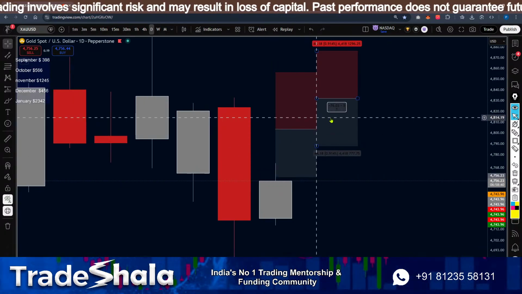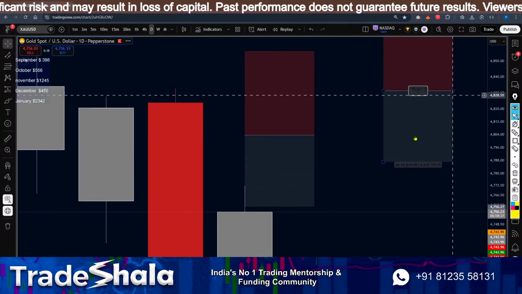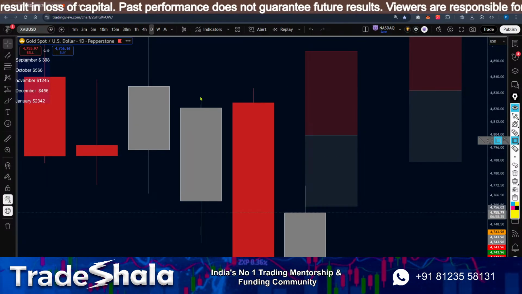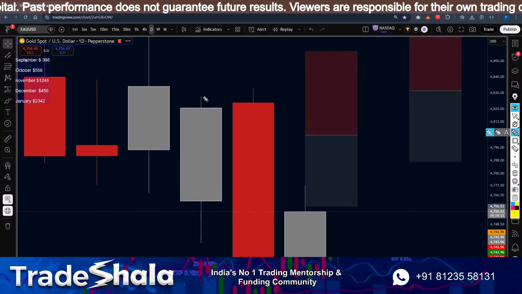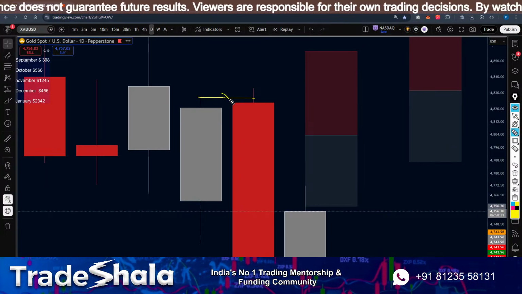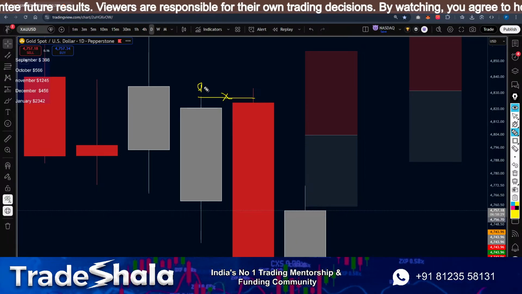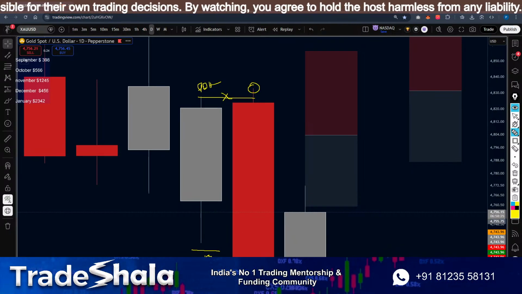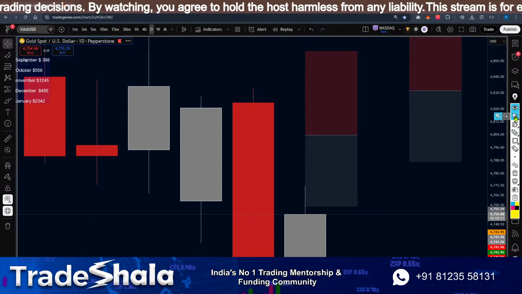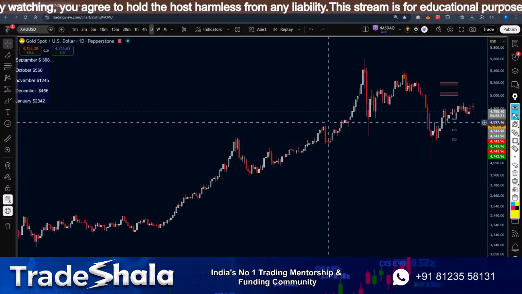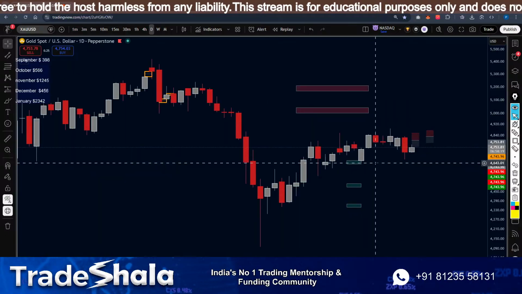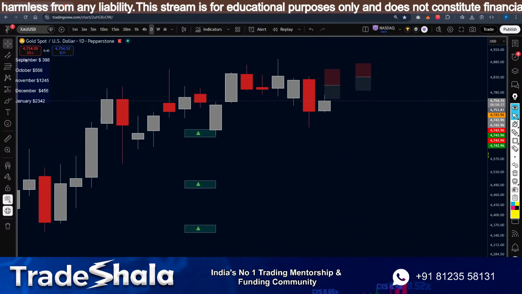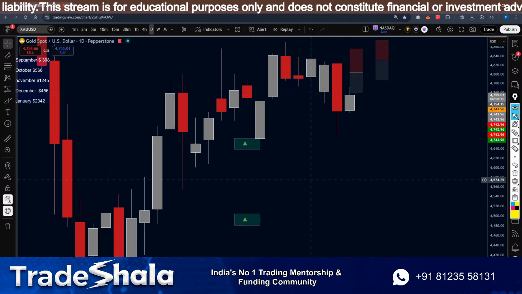Yesterday we perfectly came in and took yesterday's previous day high, and then we took a sweep, and then they fell and took the previous day low. This was a very good move, and yesterday I actually took this trade. That was a very good trade actually. And now again price is trying to rebounce from this level.